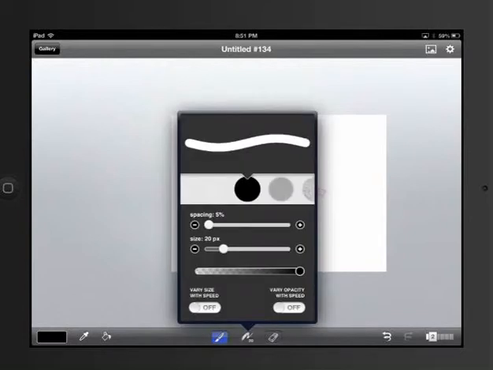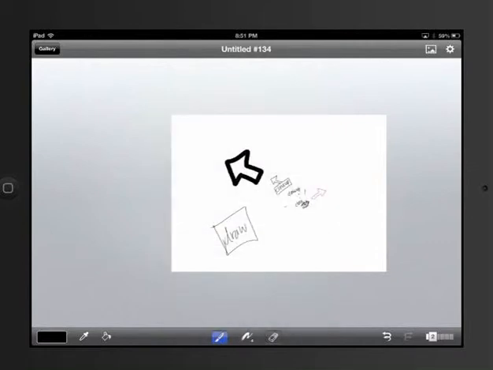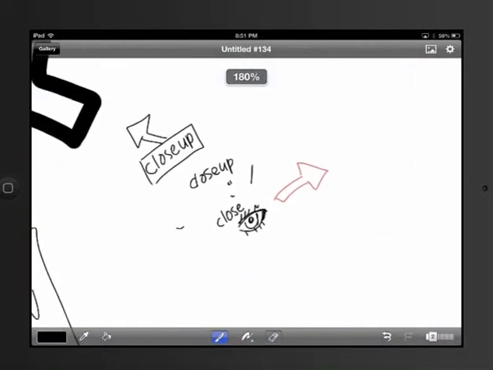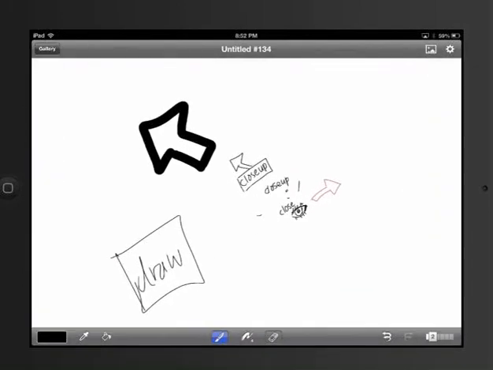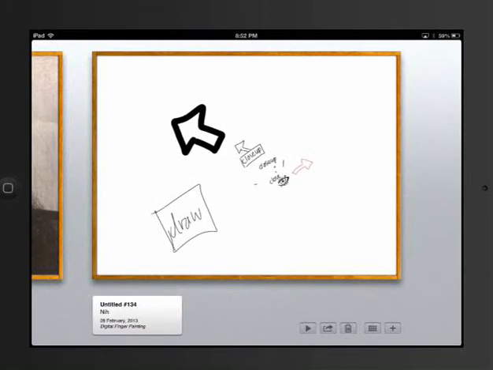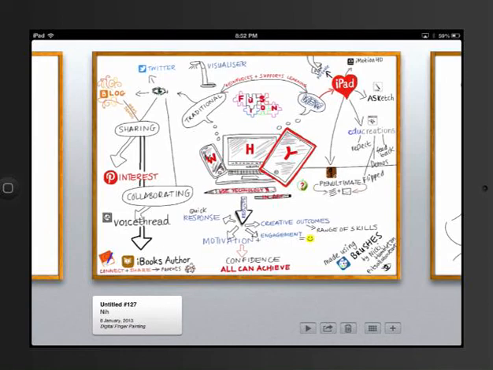work. I really like working at probably the smallest size possible, just so that I can get a nice fine level of detail. So whatever it is I wanted to use, whatever I wanted to capture, I certainly use this zooming in feature quite regularly. And then as you go back to the gallery format, it's going to go very, very fast, but it'll track through all the brush marks. So there it is, a very simple, quick way to create a mind map or some kind of diagram that tracks